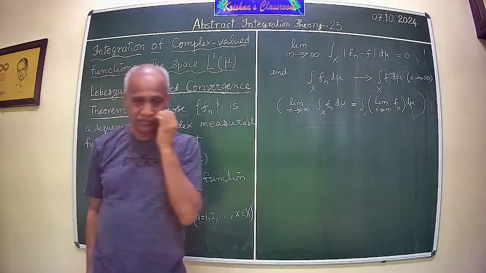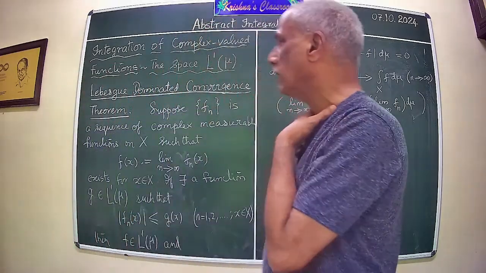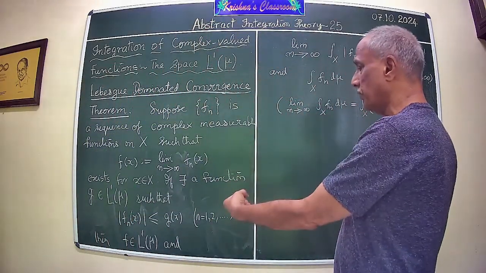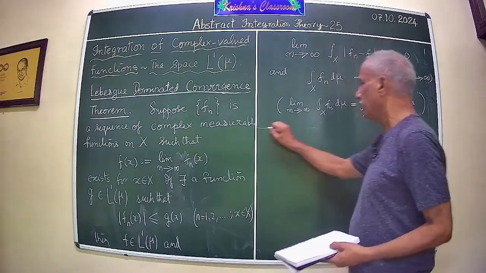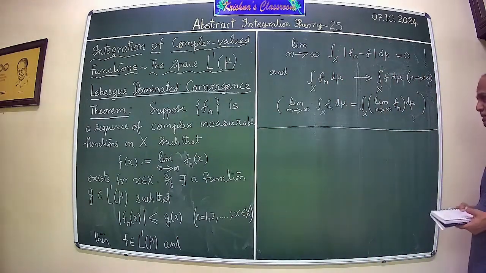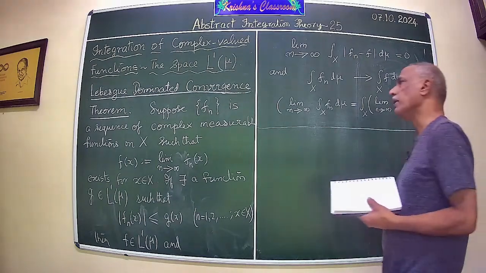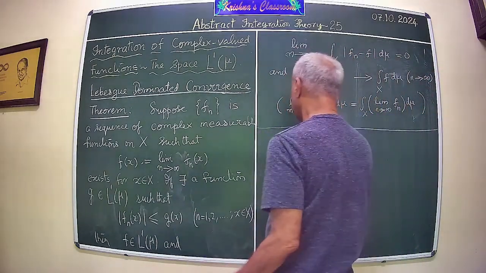So here the condition is that each Fn is bounded by an L1 function. Okay, before we go to the proof of this, which is fairly simple, we examine what happened